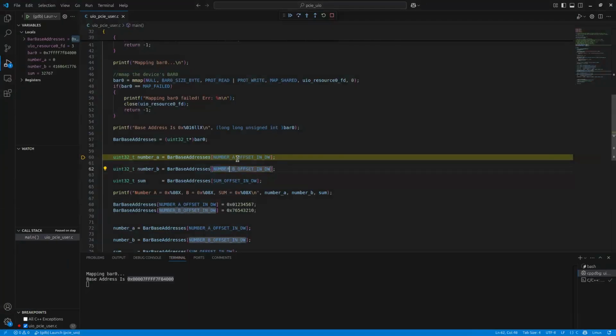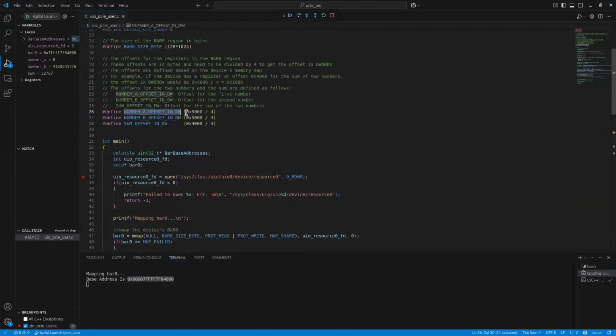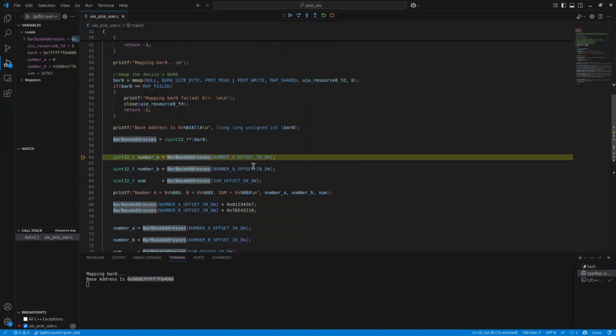So here you can see this number A. This is why I divided by 4, because this is a uint32 array, so each element of it is 4 bytes. This is why I divided by 4, to make it easier using this array.